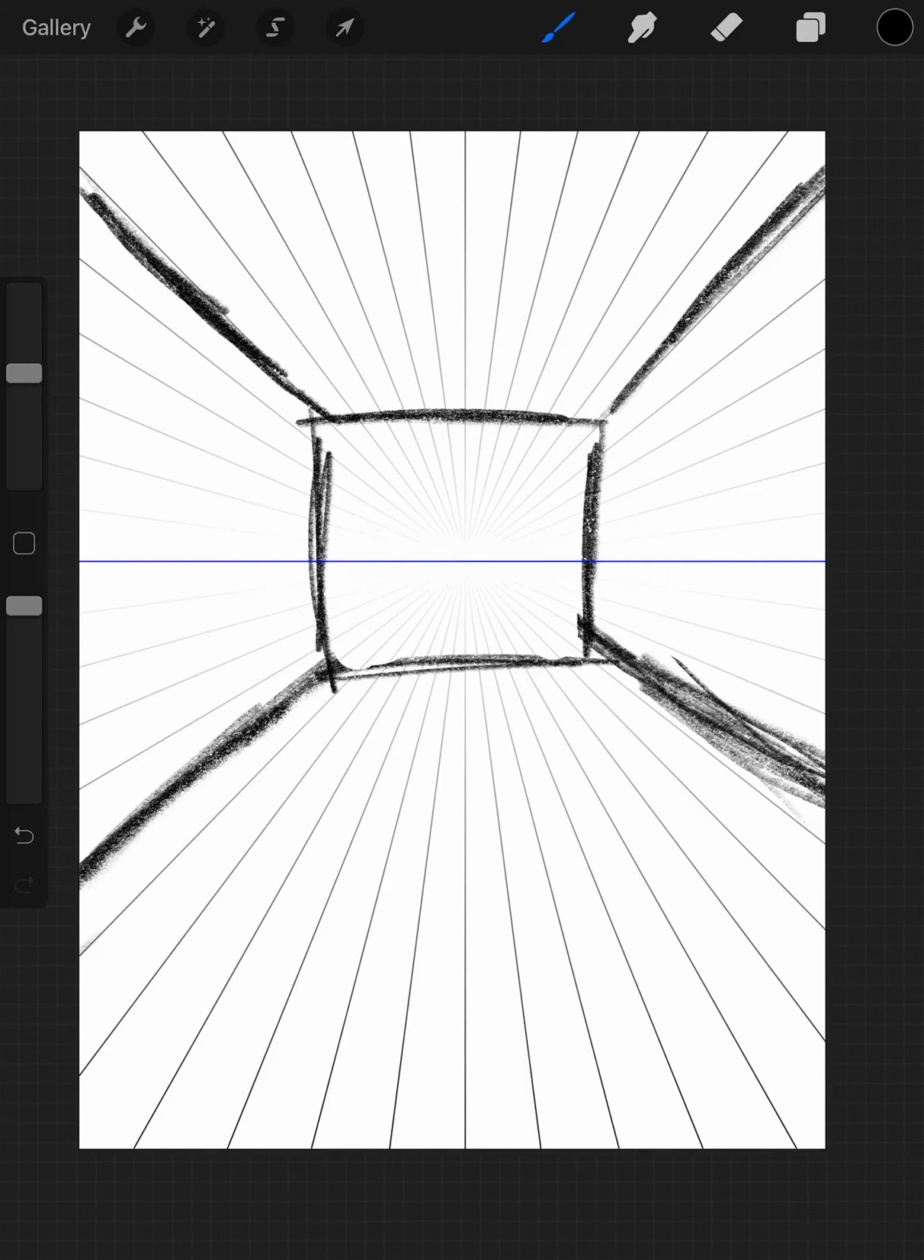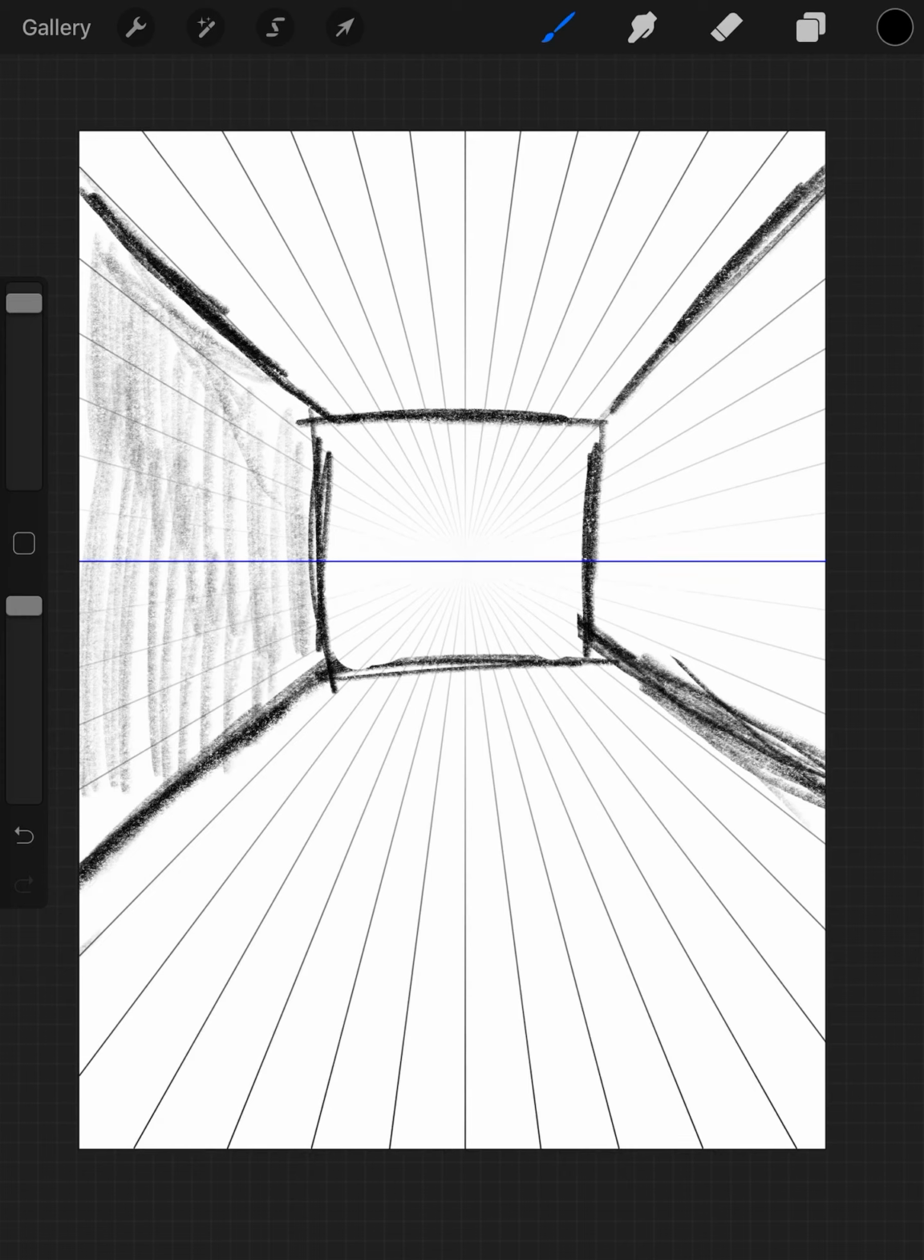Okay, so now you have walls. Now you're in a room with a bunch of walls. You can shade, just some crappy shading to give you an understanding of atmosphere and environment. And anything in this room